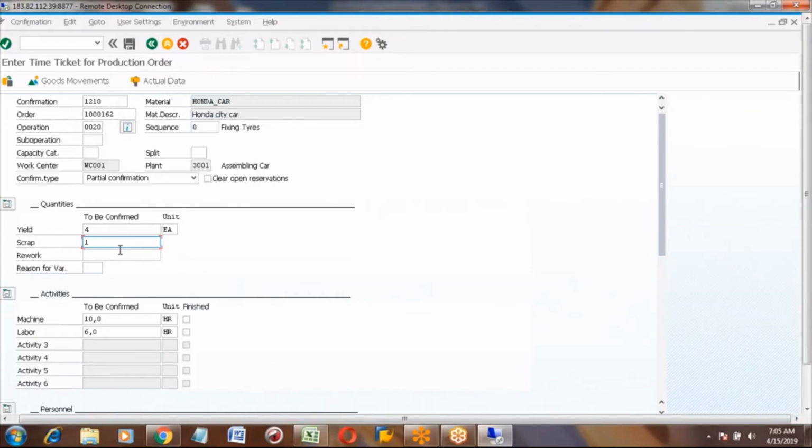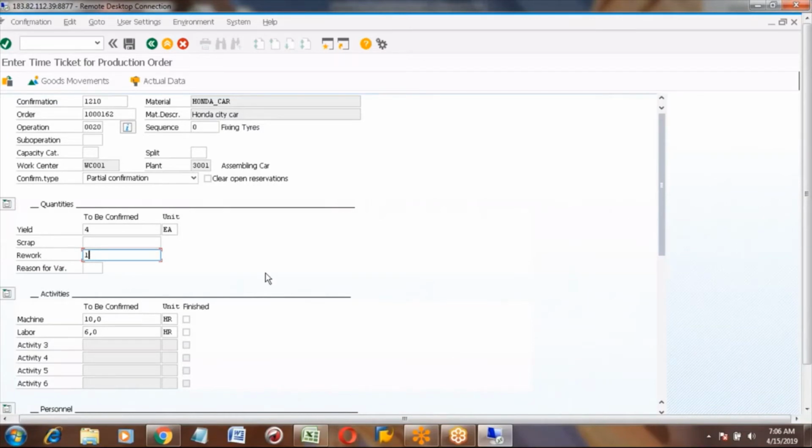That is called rework. That is not scrap. Scrap means it completely cannot be used. Rework means you can work on it again. You can send it back to the previous operation and ask them to rebuild it, rearrange it. That is called rework.